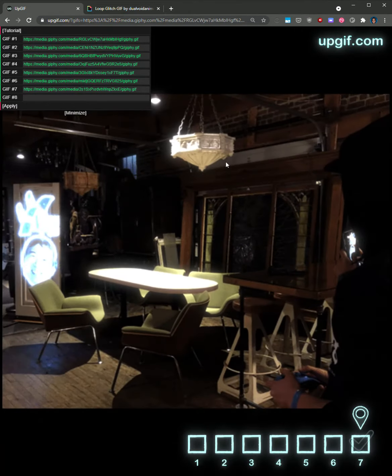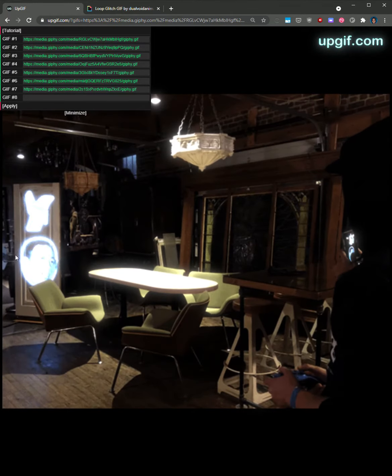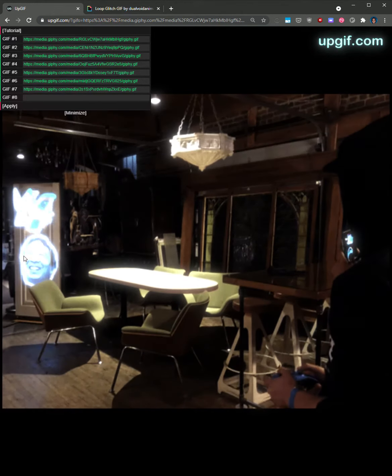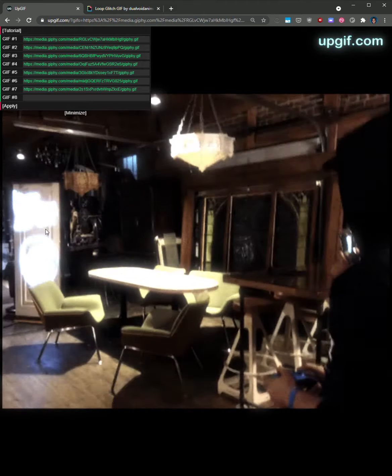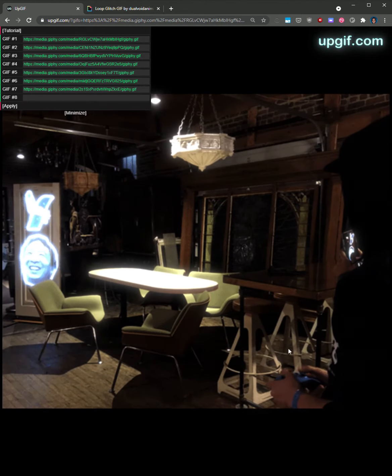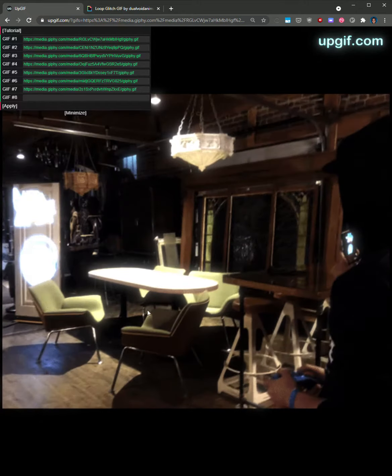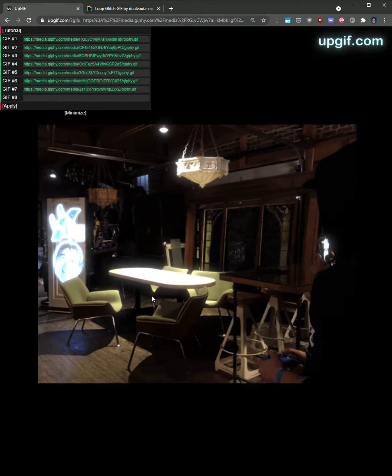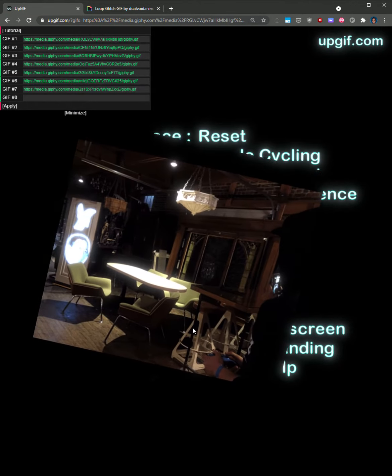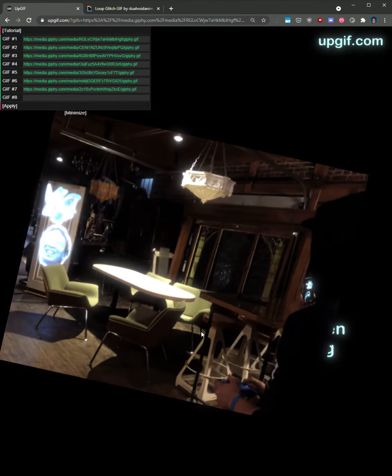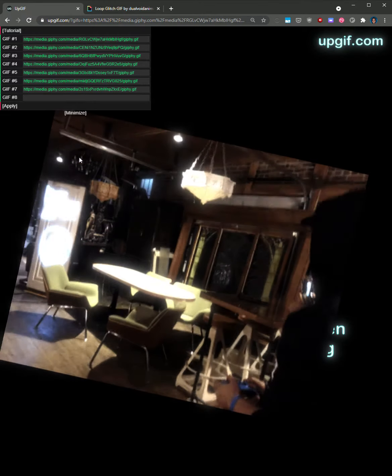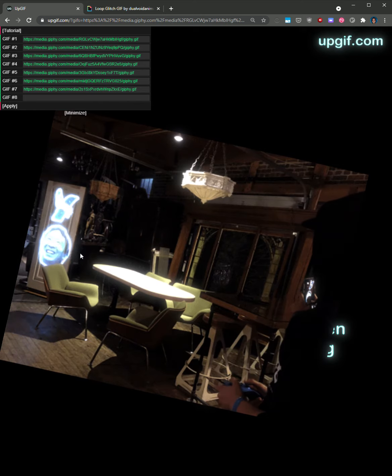You can see here that what we're doing is projecting a few different of these animations up on this antique door here as part of an art installation. And this person is controlling it with a Xbox controller. You can either do that, or you can use the mouse or trackpad in order to move and rotate and scale these images around. You'll see that this tutorial is actually implemented using UpGIF itself with these GIFs hosted on